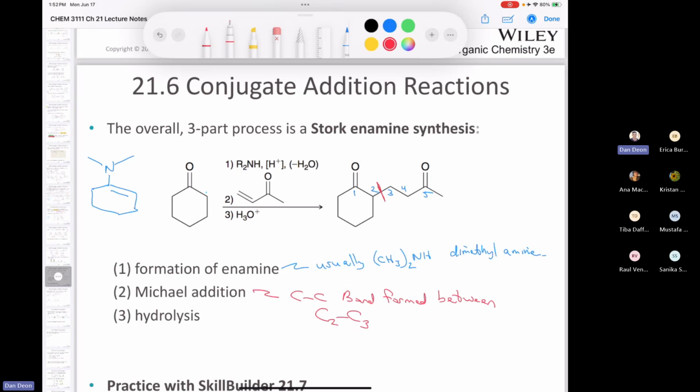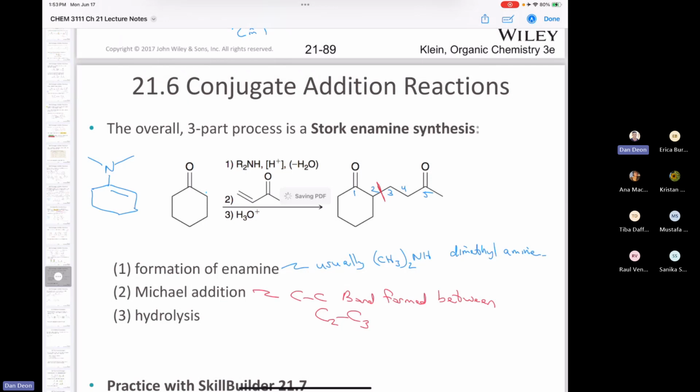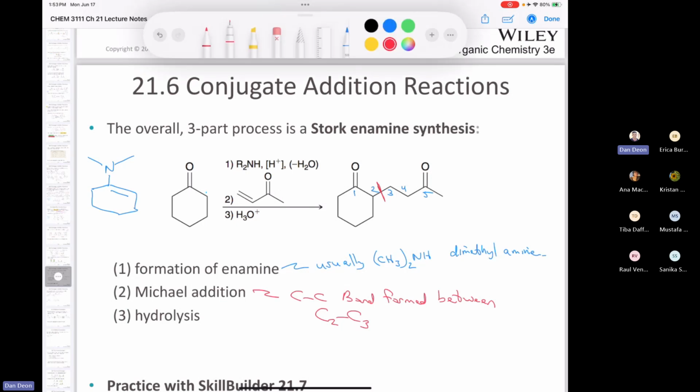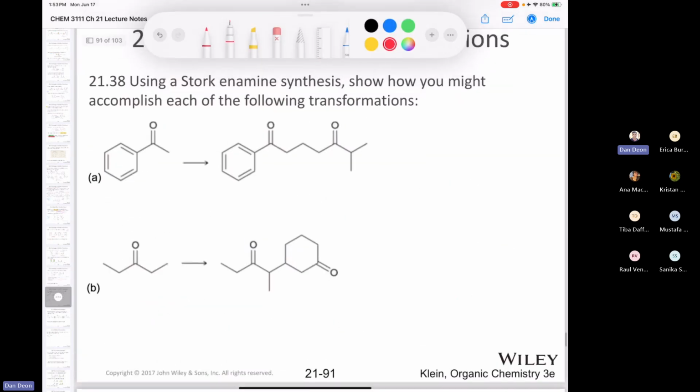So if you're planning a Stork enamine synthesis, count out the 5 carbons in between carbon 2 and carbon 3. That's where you're going to form your bond. And that will help you if you're asked a question like one of these maybe. Okay, so it says use a Stork enamine synthesis to show how you might accomplish this one. So if we count out 1, 2, 3, 4, 5, we're going to form our bond between carbons 2 and